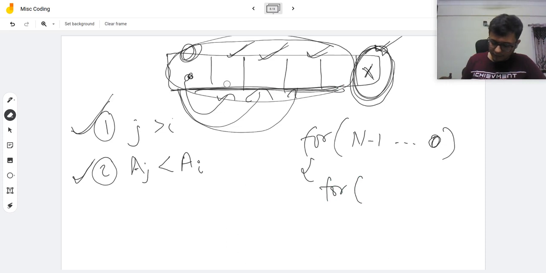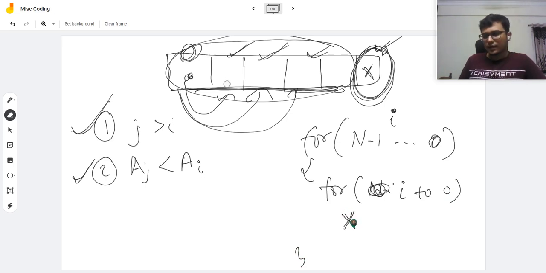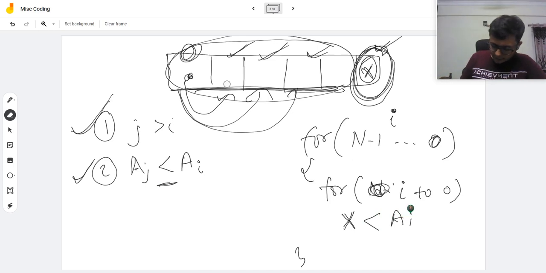Considering this loop has the loop variable i, it will go from i to 0, and what it will check is whether x, which is the number of the ith friend, is strictly less than any of the a of j. Not a of j, a of i.